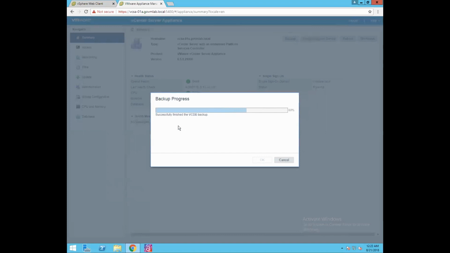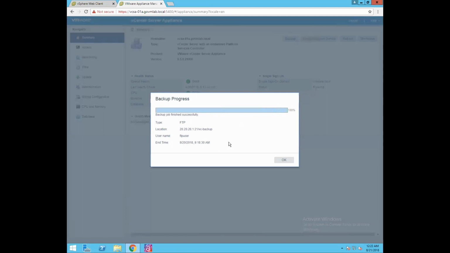Now, as you could see, it has successfully finished the vCenter server database backup. And now, as you could see, the backup job has finished successfully, and this is the end timestamp when the